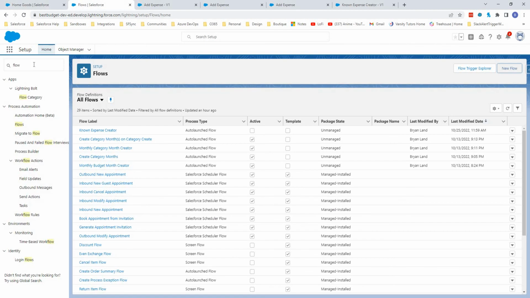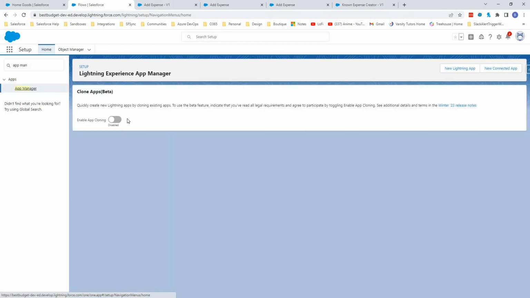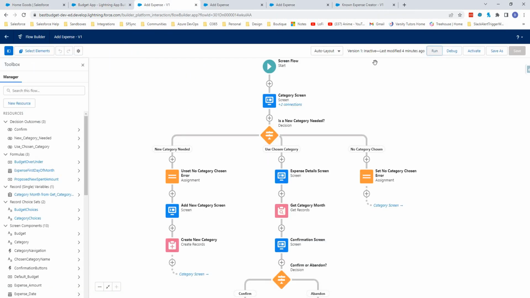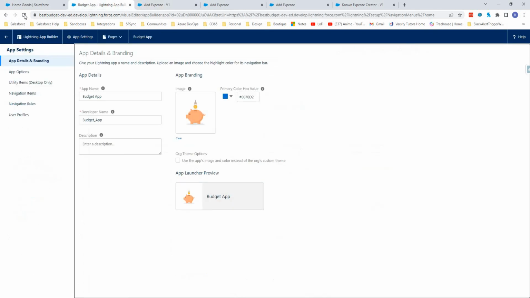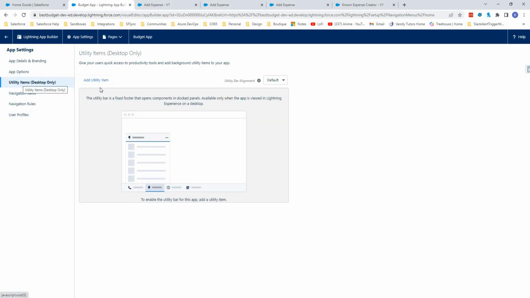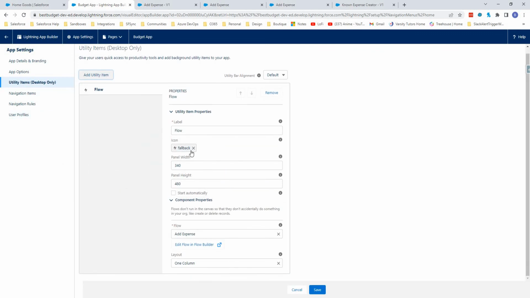So the last thing that we're going to do is add this flow to our budget app. So I'm going to say App Manager in the Quick Find. I'll go to that budget app and edit it. Oh, and actually one last thing before we do, we have to activate this flow. So let's go ahead and activate it before we can choose it. And we might want to just give this a quick refresh. And now I can go to my utility items section, add a utility item, choose flow, and you'll notice that